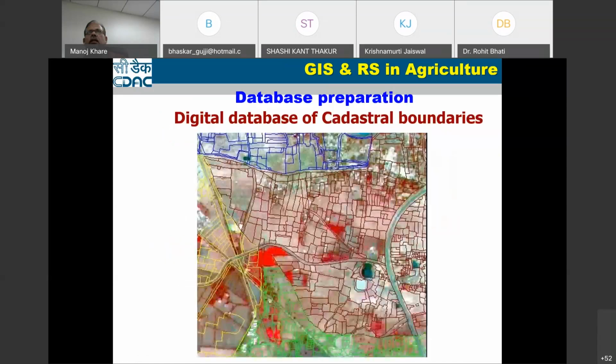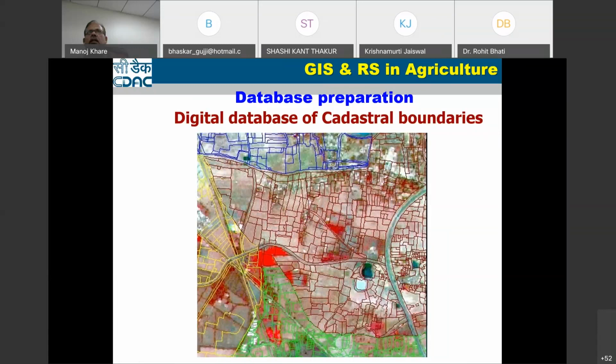I'll just show. One of the first things when you talk about agriculture data is the cadastral map. You can digitize the cadastral map. Now how can we update? Suppose this particular farm is there, and tomorrow it has been divided into two parts. Easily, you can just go to this particular polygon or plot and divide it into two plots. So you will not have to prepare the new map from scratch.